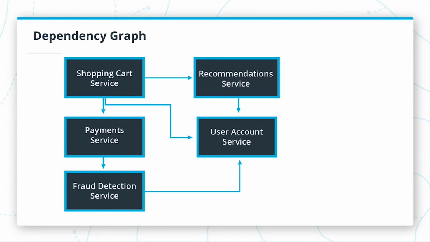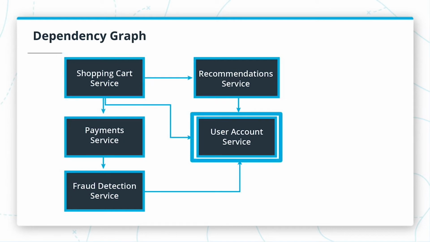Notice, it's important that we represent this as a directed graph, meaning that there are arrows that help us indicate whether a relationship is a dependent or dependency. You may have noticed that in the dependency graph that I built, the shopping cart service has 0 dependencies. While it has the least number of dependencies, it is also dependent on many other services, which could possibly be indicative of a complicated refactor.